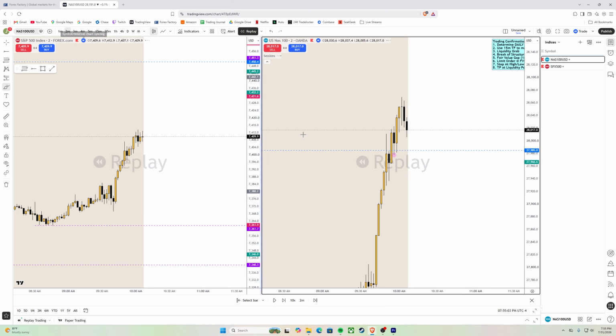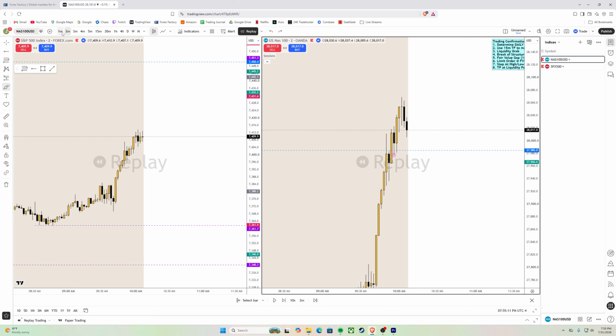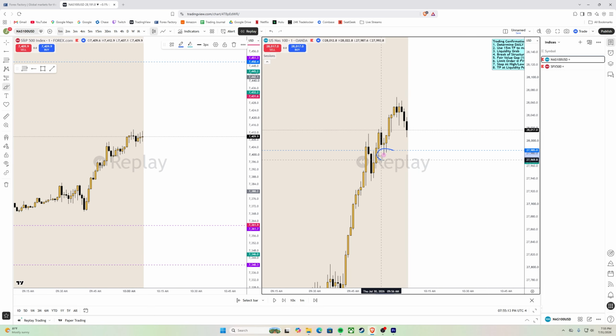Now if I go on a 2 minute time frame, you're seeing there's still no structure. There's no swing point on a 2 minute, 3 minute, 4 minute. It's only a swing point on the 1 minute. So effectively I'm only looking at price on the 1 minute because that would be the only time frame where there would be a legitimate structure break.